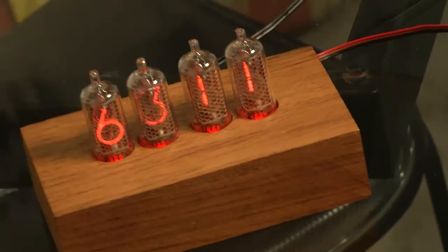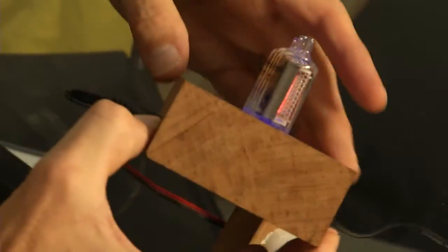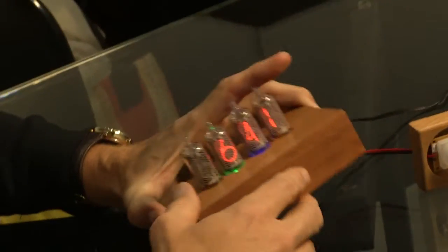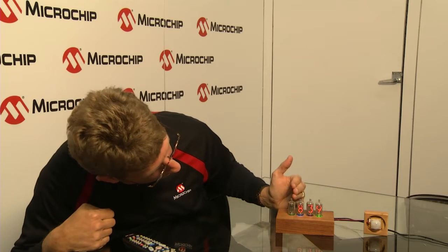I'm a field applications engineer with Microchip Technology, and what I'd like to show you today is a really fun gadget that I built. It's a Nixie Tube Clock. It's actually based on 4 Nixie tubes that I purchased off eBay, and then I designed the appropriate circuits to drive those tubes. First thing you can see is the time, and you can see we do 0 leading edge